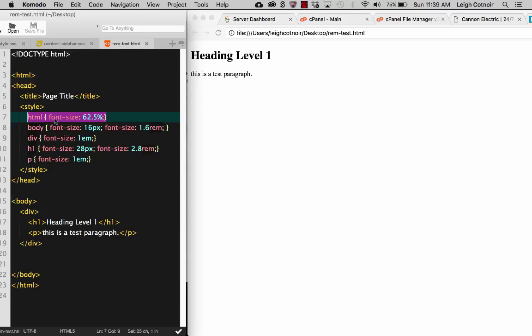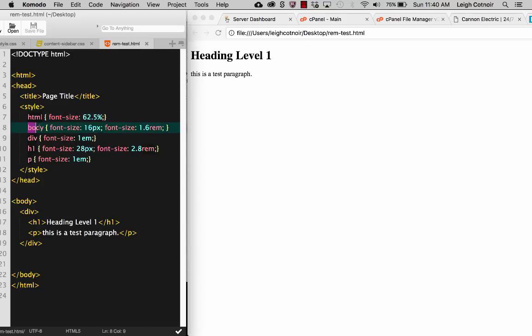and REM. So in our reset, what we've done is we've created a font size of 62.5%. And the reason, and the author explains this in the book, that we're doing that is that it corrects some resizing that is odd in Internet Explorer 6 and 7. And at some point, we're not going to have to worry about Internet Explorer versions 6 and 7. But if you are still really concerned about backwards compatibility and graceful degradation, then this is useful. So on the HTML tag selector, you can go ahead and scale down the font